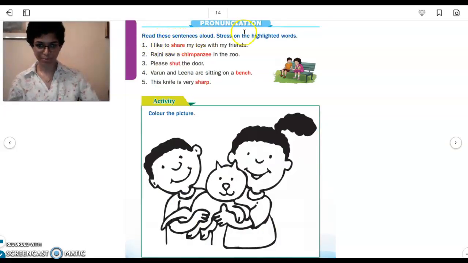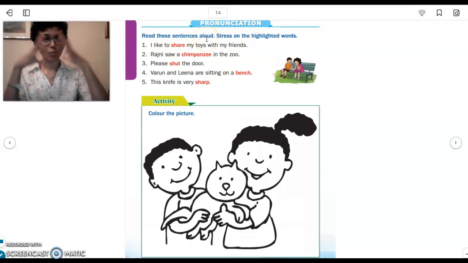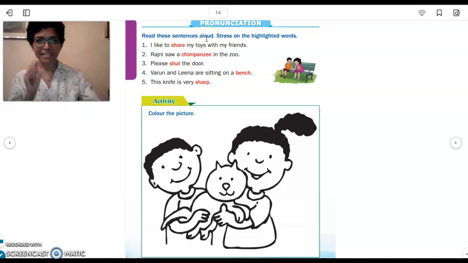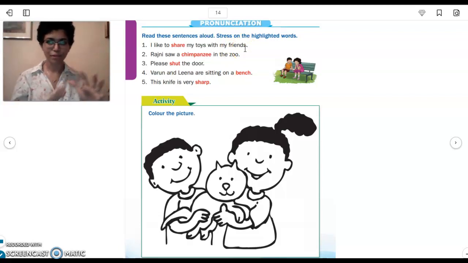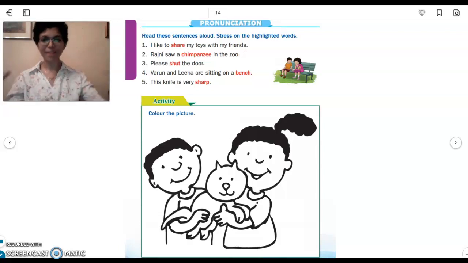Okay, we are going to read this pronunciation. Read these sentences aloud. Stress on the highlighted words, the red color words. I like to share my toys with my friends. Please read after me. I like to share my toys with my friends. Meaning I play with my friends. I also give my toys to my friends. Second,